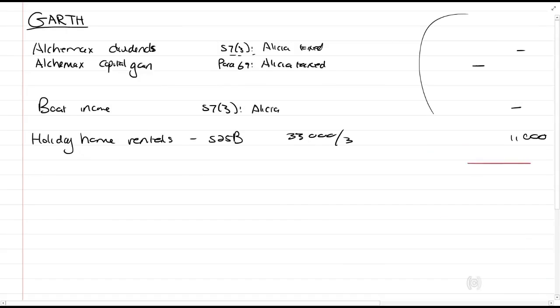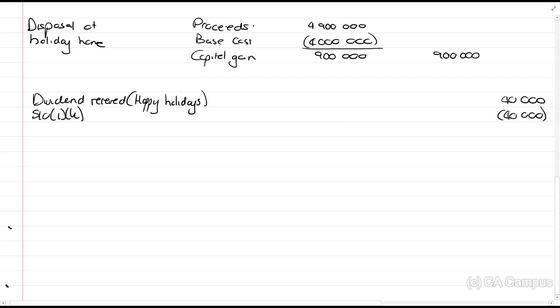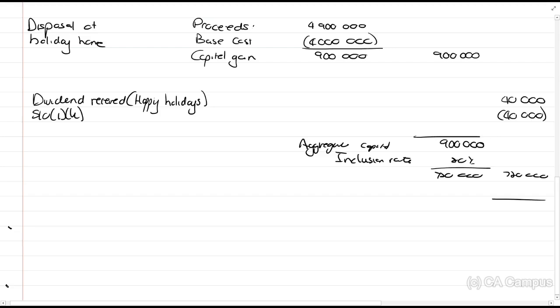Then we've got Garth. Garth, we just add up these 11,000 as taxable income. Then we've got the trust. Okay, so we add up the trust. The trust does not get an annual exclusion. The trust's amount is then the aggregate capital gain. Then you'll look if there's a capital loss, calculate net capital gain, all those same things. But you can take this shortcut if you know for a fact there's nothing else. And the inclusion rate for a trust is 80%. So 720,000, and that 720,000 goes into my rand column, and this is my taxable income.